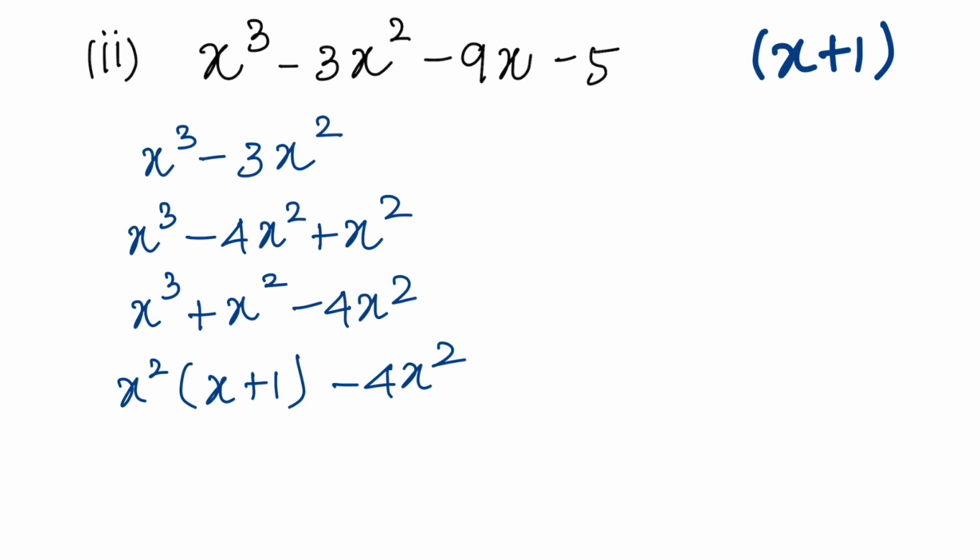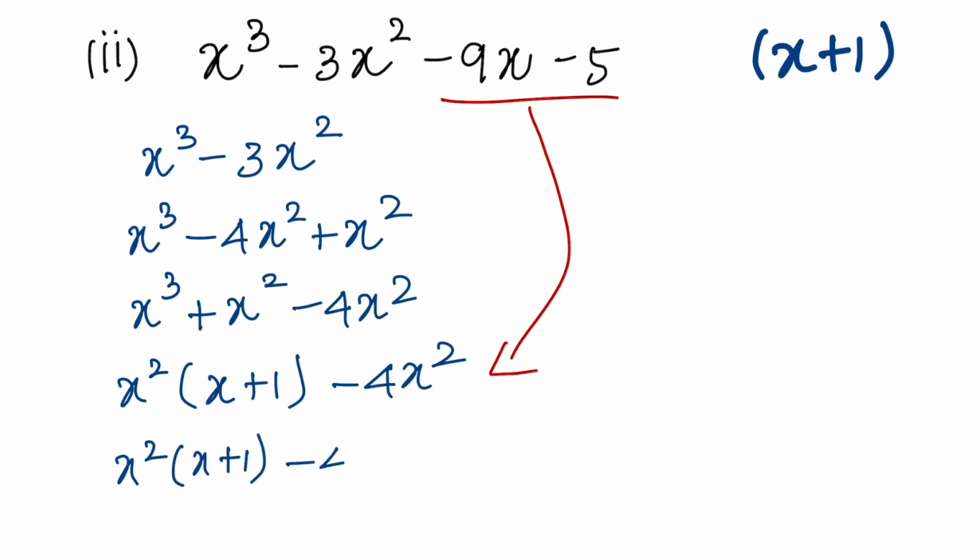Okay, so this is what you are going to do repeatedly until all the terms in this polynomial have x plus 1 as a common factor, and you can take that out finally. So we have these terms, and we are going to write the rest as well here. So what are the rest two terms? These are the two terms, right? Okay, so adding them as well, we have x squared into x plus 1 minus 4x squared minus 9x minus